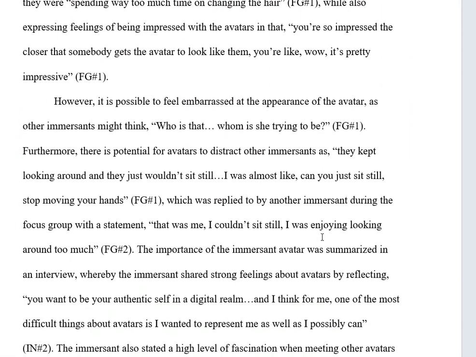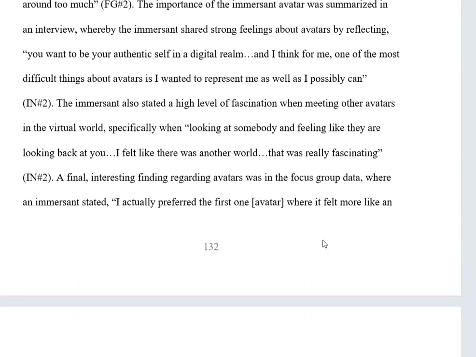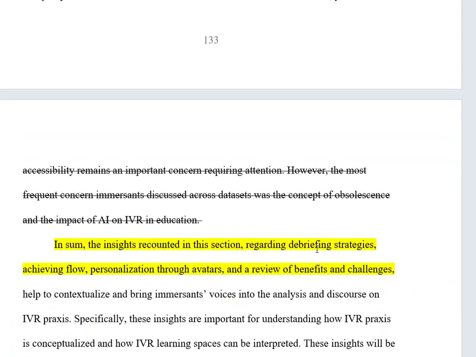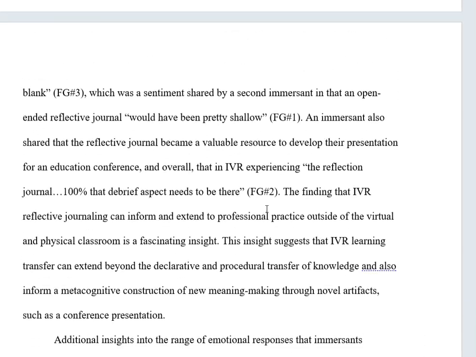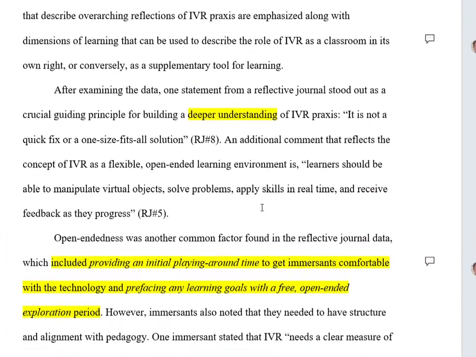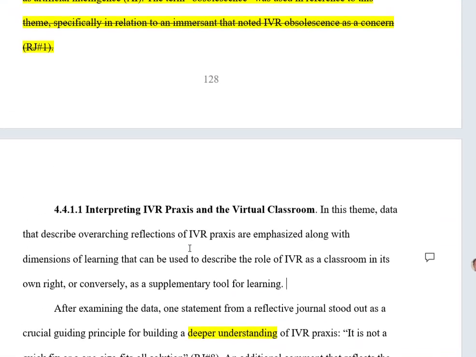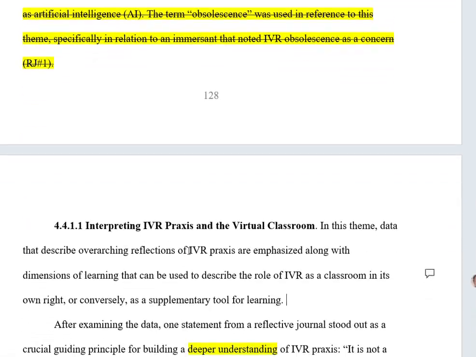And this is the avatar stuff, right? So personalization and avatars, I think that's what you want to maybe label it. And then you want to make those points up here, saying key sub-themes are here: achieving a deeper understanding, and so on, and then each of these paragraphs talks about those. I think that's definitely the way to go.